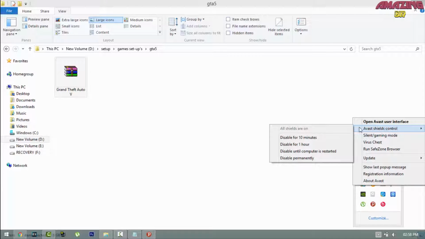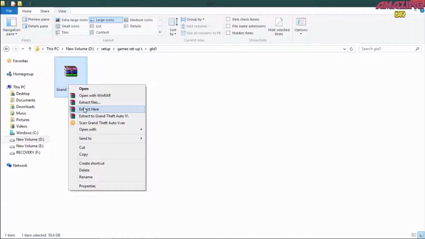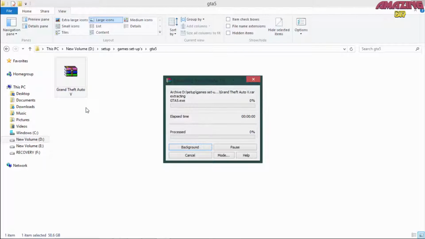I have Avast, so I go for it and disable it permanently for some time. Here I disable it and extract this ISO file. Go and open with WinRAR or other extracting software. I have WinRAR, so I extract here.